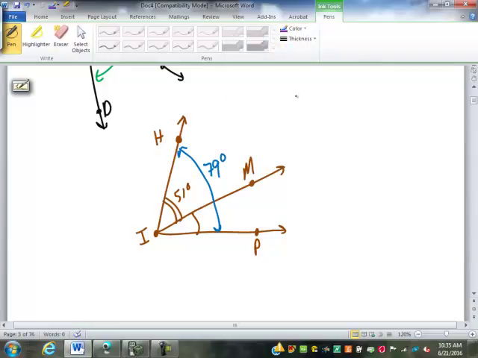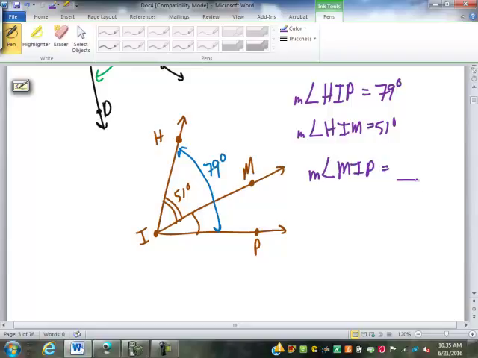So here, I am given that the measurement of angle HIP equals 79 degrees. I am given that the measurement of angle HIM equals 51 degrees. So what I want to find is the measurement of angle